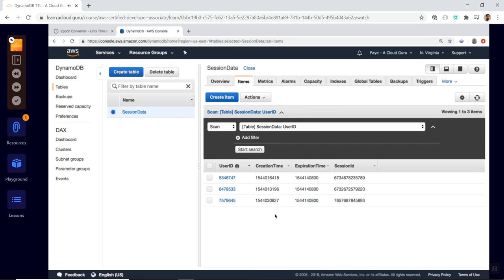So if that has run successfully for you, you should have 3 items in your table with a user ID, creation time, expiry time, and a session ID. And I've just set this expiry time to midnight tonight. And today is the 6th of December, so I have set the expiration time for these items to be the 6th of December at midnight. So you might want to update this, set it to midnight tonight for whatever day it is when you are